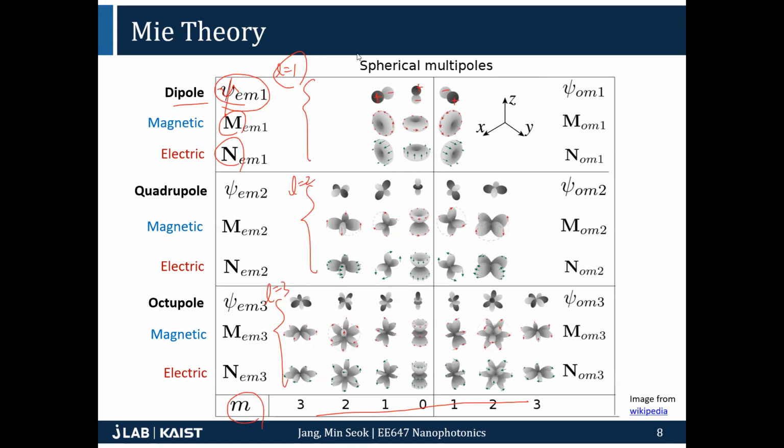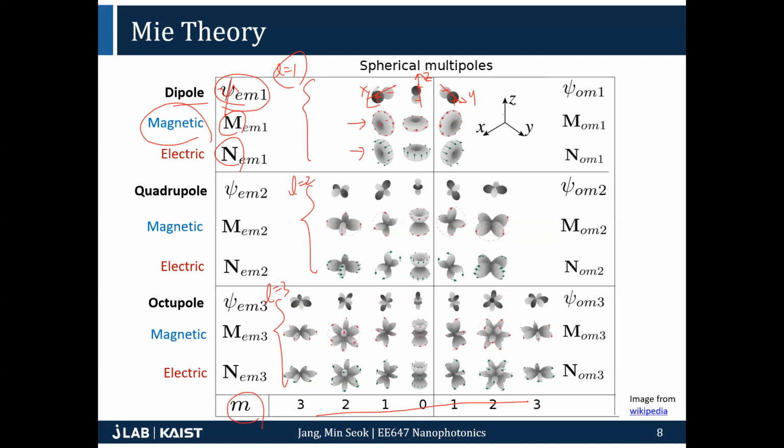When M equals 1, it's along, say, the x-axis, and then along the y-axis here, and along the z-axis and y-axis. And if you look at the magnetic field components, this